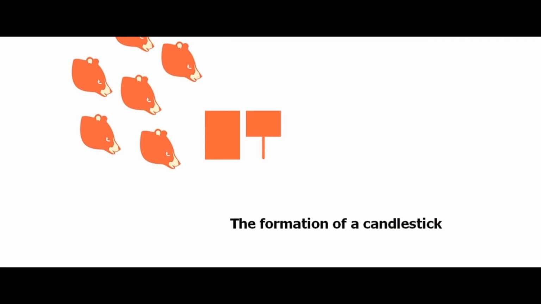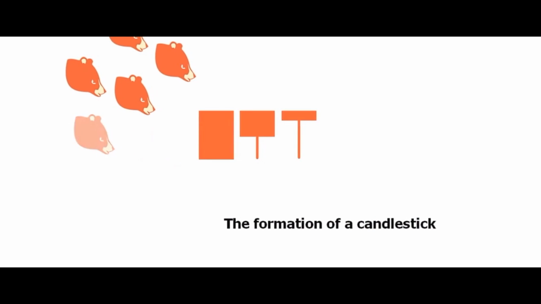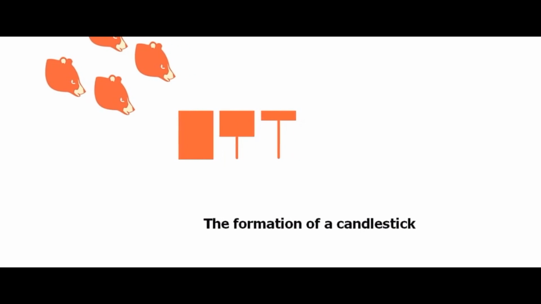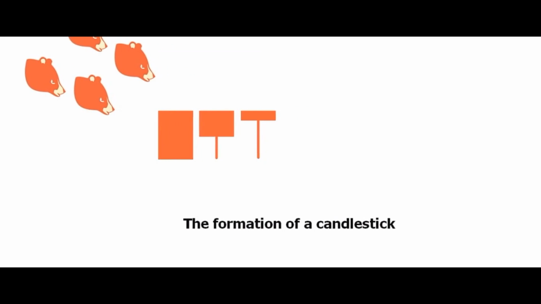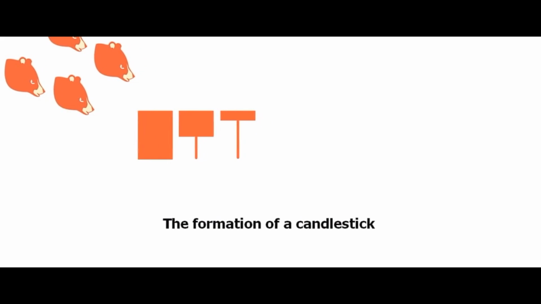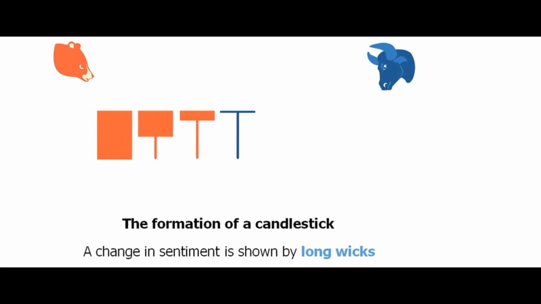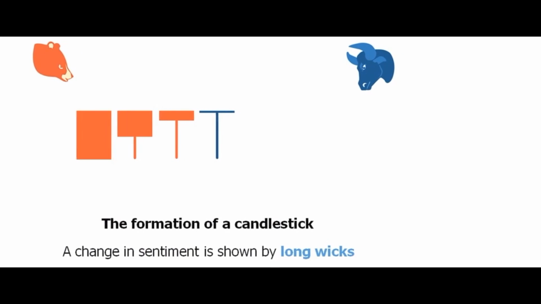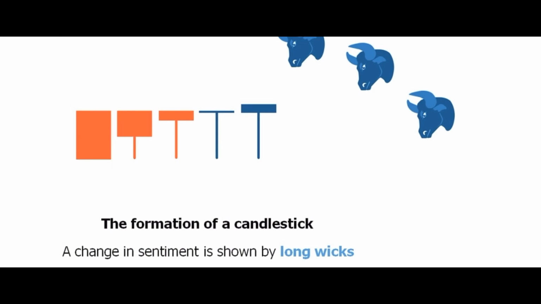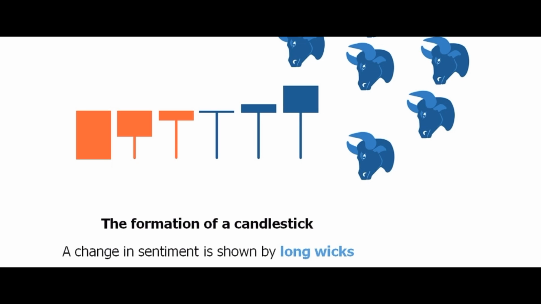The balance between the bulls and the bears can change during the formation of a candlestick. As we can see, sentiment is changing as this candle forms. The body of the candle starts to get smaller and smaller, thereby forming the lower wick of the candlestick. In this example, we see that the period started out bearish, but as sentiment changed and the bears left the market, the body of the candlestick started to retreat back towards the upside. When the balance shifted towards the bulls, the candlestick turned bullish, shown by the blue candlestick. The longer the wicks are after the candle has formed, the more dramatic the change in sentiment was whilst the